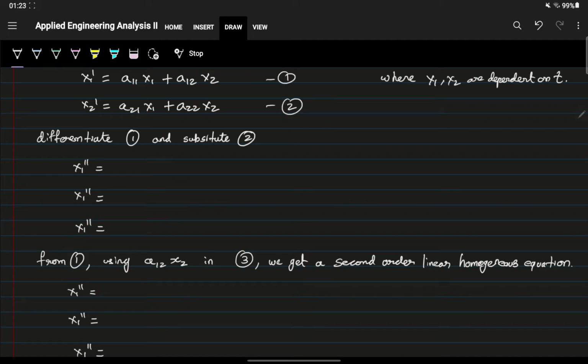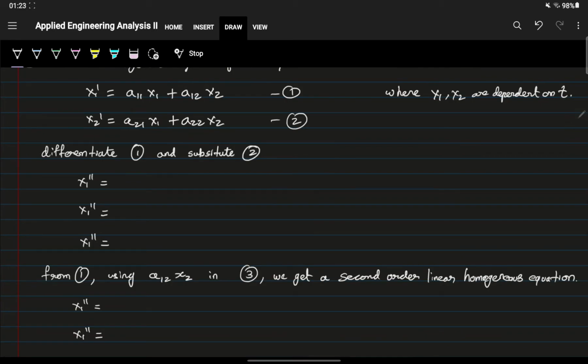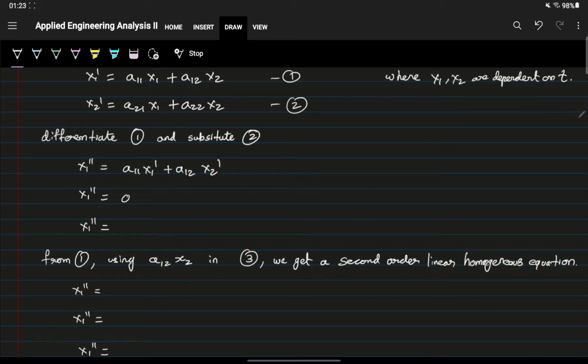Let's differentiate equation 1 and then substitute the value of x2 prime from 2. So by differentiating 1 we would get a11 x1 prime plus a12 x2 prime, and utilizing the value from 2, this would become